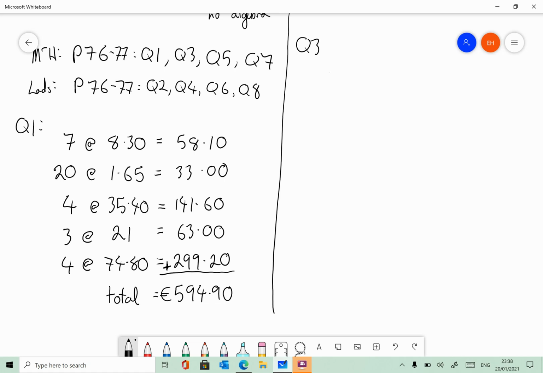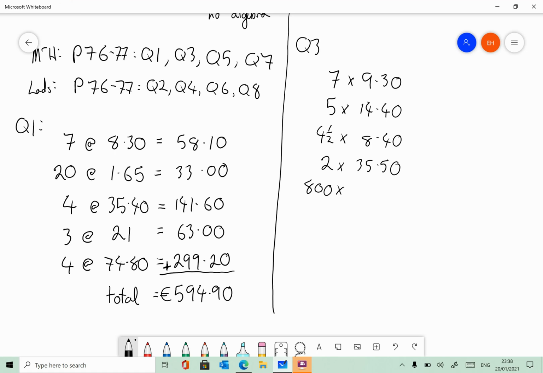Okay, so it's 7 multiplied by 930. 5 multiplied by 1440, is it? 4.5 and a half multiplied by 840. And 2 multiplied by 3550. And 800 multiplied by